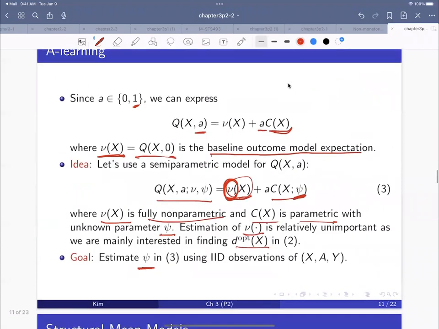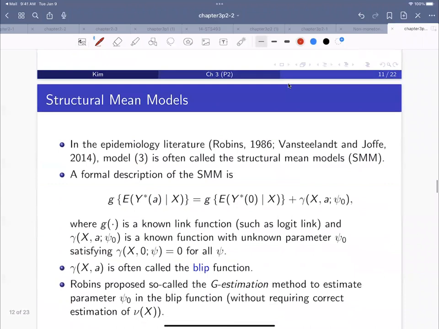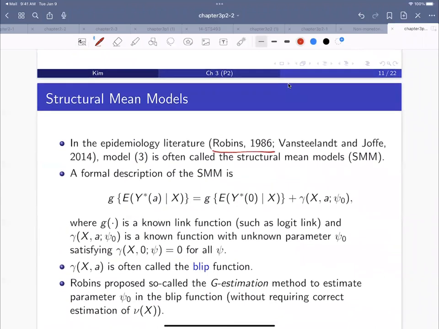So that is an interesting problem, and it was first considered by James Robins when he was not really famous at the time. But anyway, he already figured it out. He actually viewed this problem in the epidemiology context, and he viewed it as a structural mean model problem. So the structural mean model is that we basically have a baseline